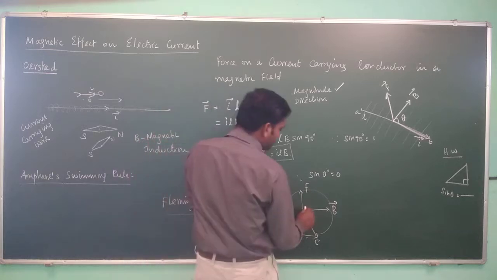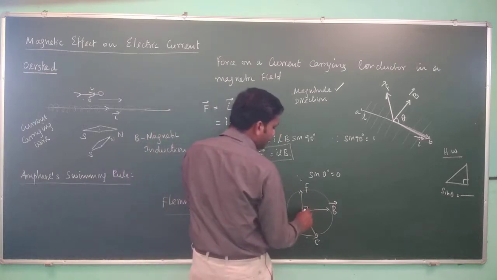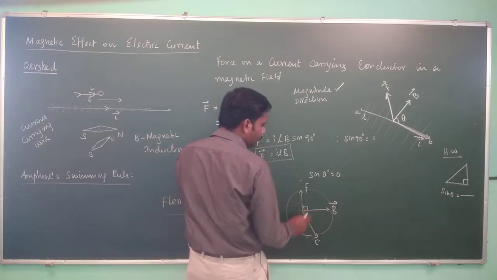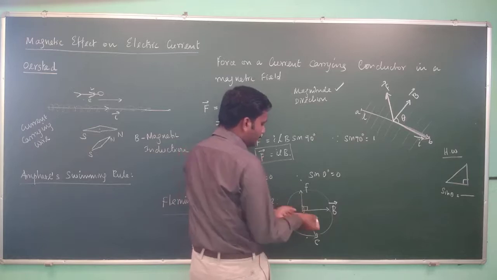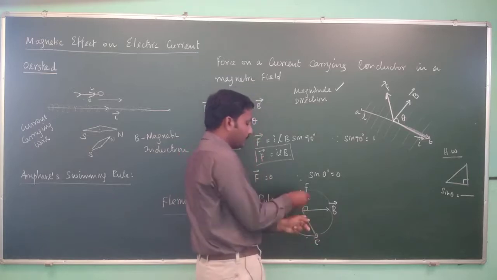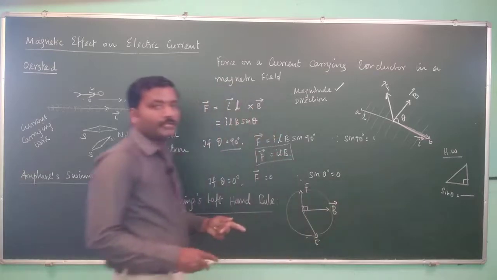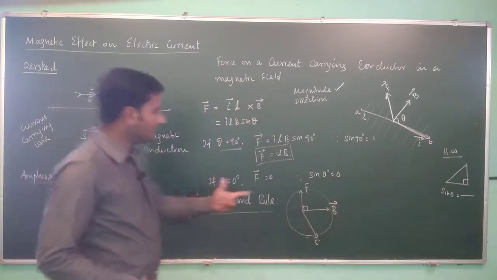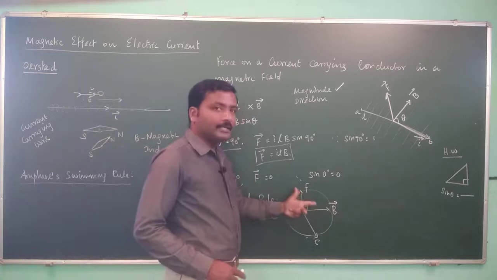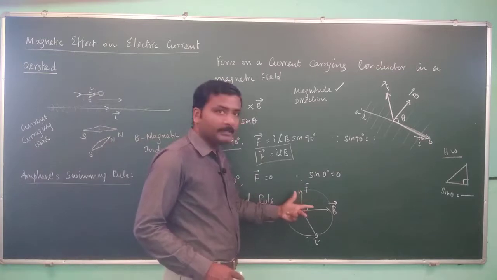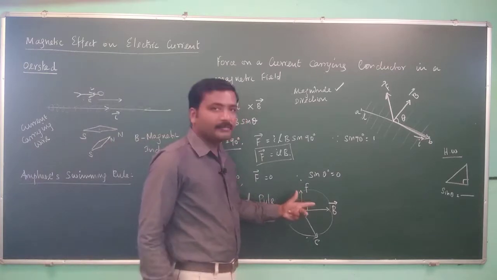If you look at this, it is perpendicular to the magnetic field, and it is also perpendicular in this direction, it is directed outward, so it is perpendicular to this plane and perpendicular to this plane. Which one is the force? You can explain this using the left hand rule, which was given by Fleming. So it is denoted by Fleming's left hand rule.